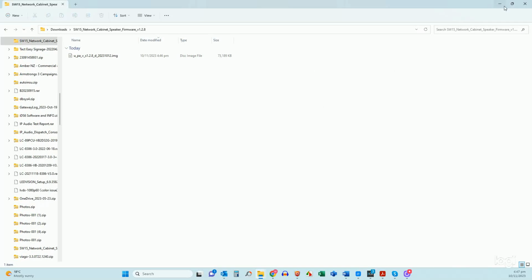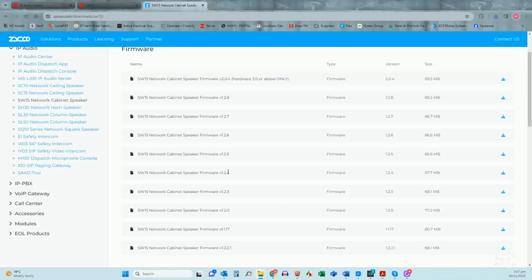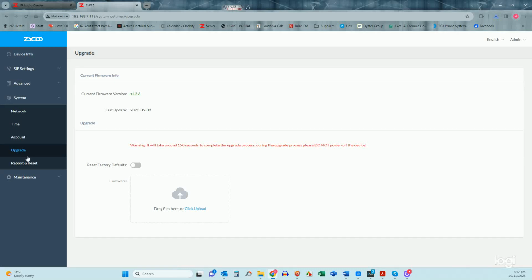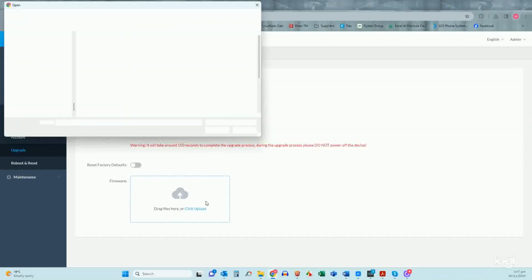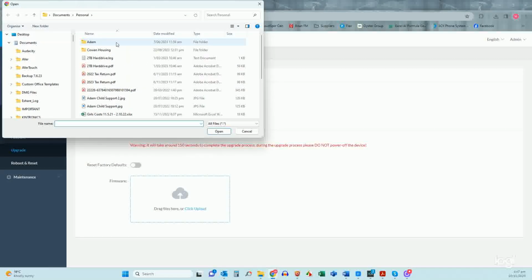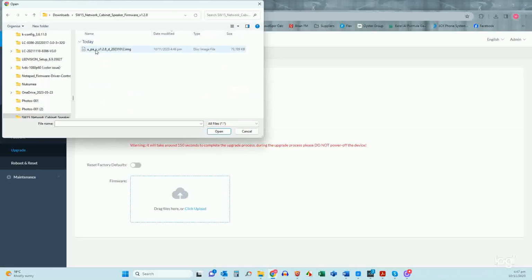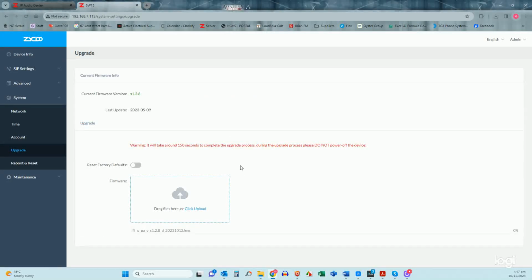So we don't need that here. What we're going to do is go back to our page with our device, and go to our upgrade page, and then under here you can either drag that file in or you click upload and then find that file under downloads, open that up, click on it and then hit open,